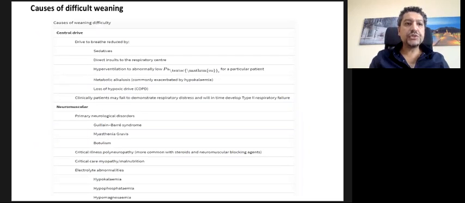There are 2 slides which portend difficulty in the weaning process, like the drive to breathe, the central drive. If, for example, the patient is still on sedatives that have not yet worn off from the circulation and he's drowsy, that portends difficult weaning. This is regarding the central drive. If the patient is COPD and has a loss of hypoxic drive, if there's metabolic alkalosis due to hypokalemia, for example, neuromuscular disorders like Guillain-Barré syndrome, myasthenia gravis, critical care myopathy, electrolyte derangements, this all portends difficult weaning or